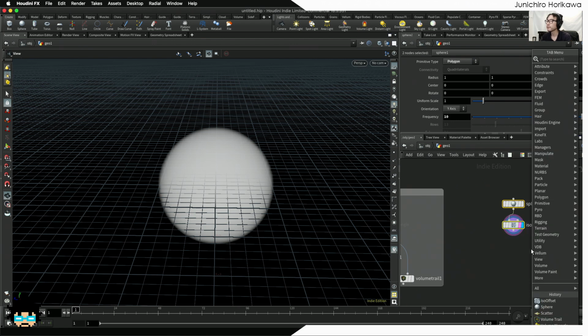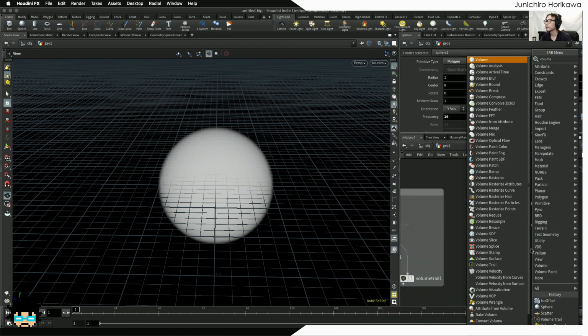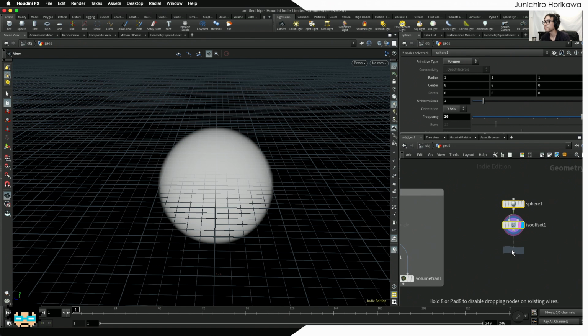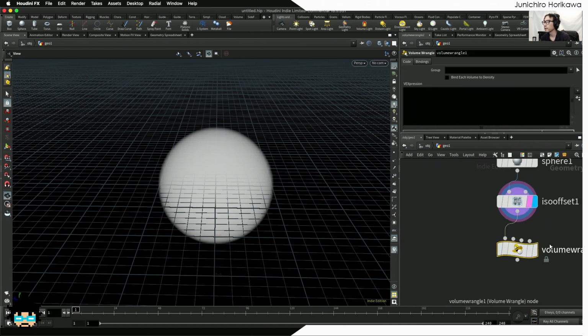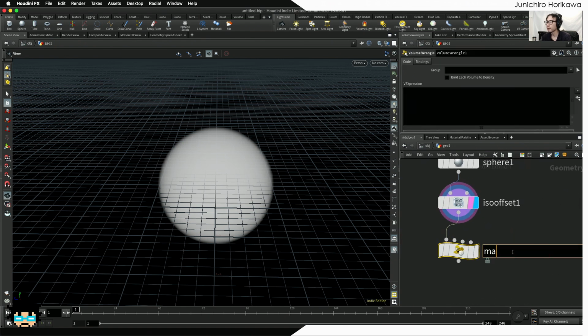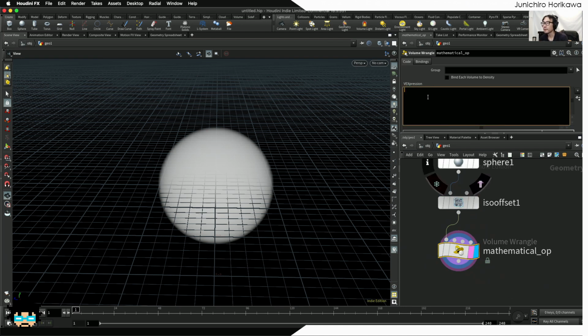So let's try to do that by using volume wrangle, and let's name it mathematical OP. Okay, and this time what we want to do is to first retrieve the density values from a density attribute